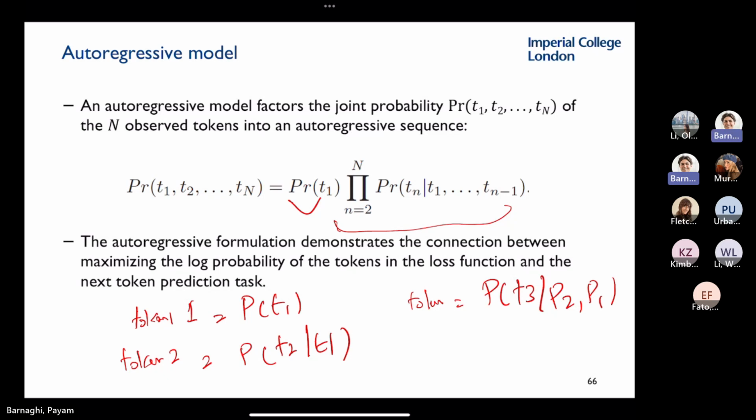Doesn't the self-attention part already have this autoregressive property? Because the output of the softmax is essentially a conditional probability. What is the likelihood of me observing this word? That's correct. The way this is shown as an autoregressive language model doesn't reflect the transformer architecture. I think you're just describing a property of the model rather than the model itself. This is not the model structure. This is the property of the model. The model will give you those probabilities.